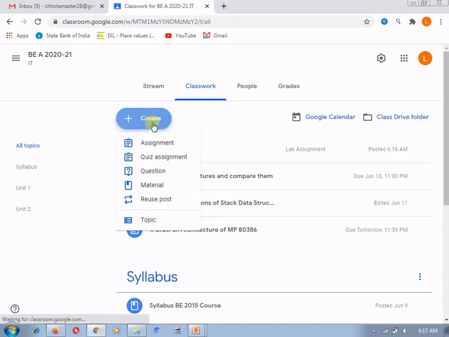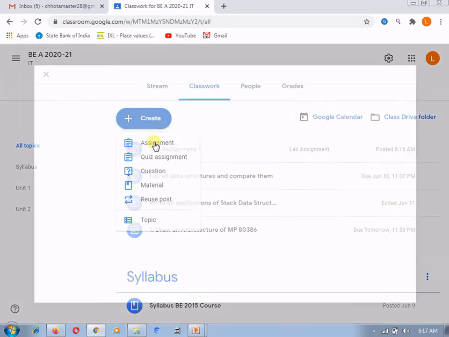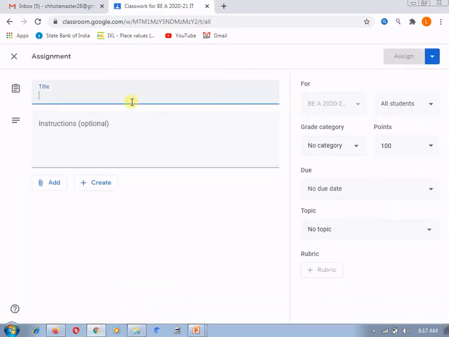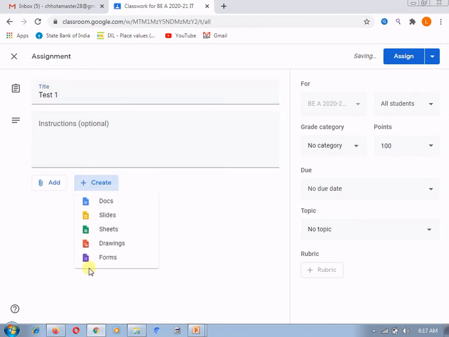Suppose you want to create one more assignment for the internal assessment, for example this is my test 1. If I am giving this first test to the students, you can create it as a quiz from Forms. How to work on Forms and how to create the quiz, I am going to explain in a separate session, so for that you just stay tuned with my channel Tech Talks.